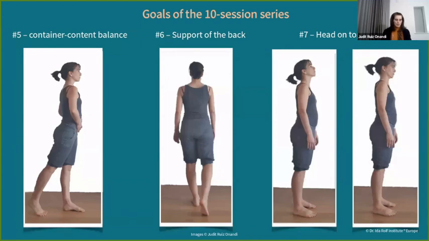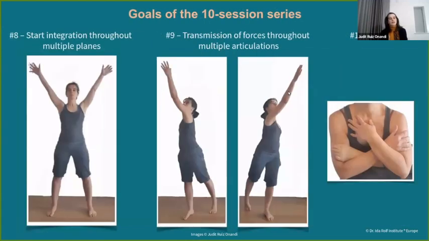Nevertheless, in every session, we are going to touch the head and the neck, but we work mainly in lower parts of the body. So like this for session 7, the strains we have in the neck and in the head, very probably they will be just local to the head and the neck and will not be adaptation of strains that are happening lower in the body. Sessions 8, 9, and 10 are what we call integration sessions.